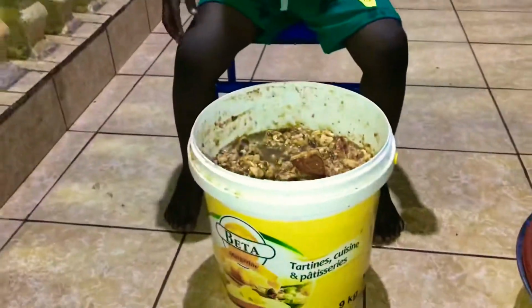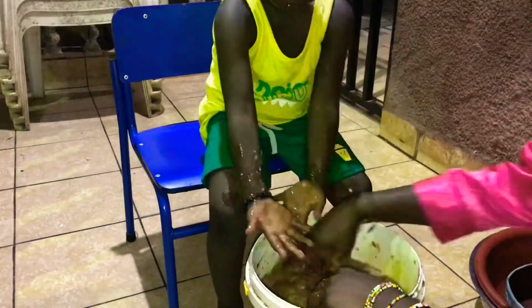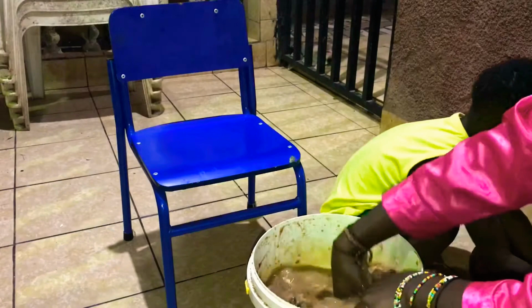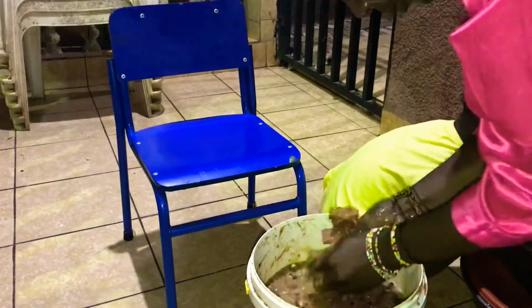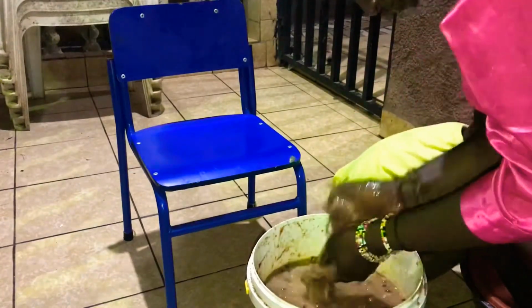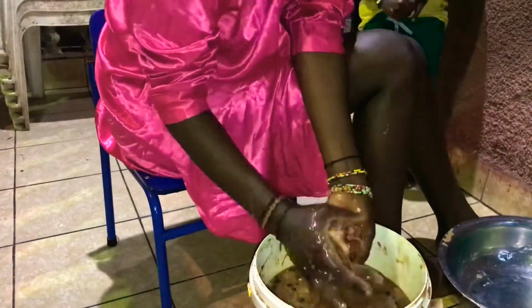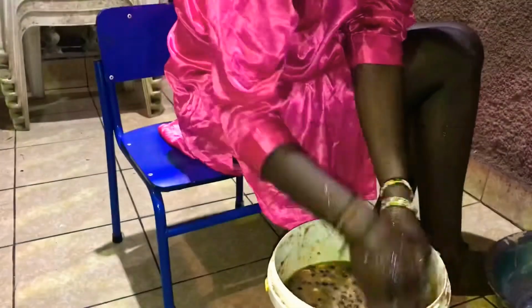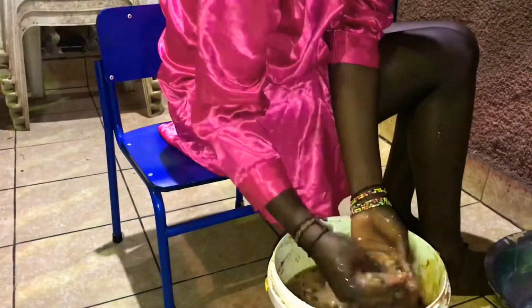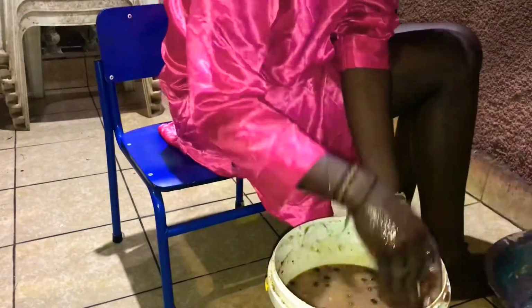Okay, guys, once the water is cold, you're good to go. I plead that you wash your hands very well now because you'll need to mix it up with your hands so as to extract the remaining juice from the seeds. These may actually seem nasty, but this is the system I was taught in order to remove all the juice remaining on the seeds. Here, the boss actually let me do some work. He ordered me to remove all the juice I could find on the seeds. So I had to continue mixing and squeezing until...